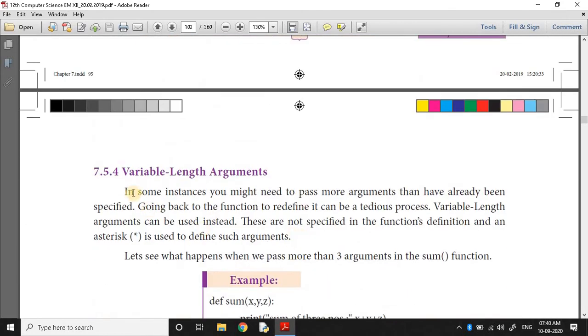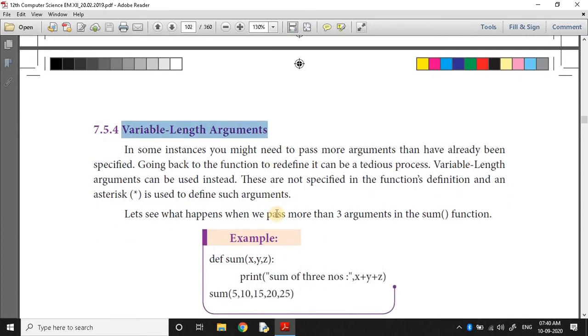Next one, variable length argument. If you define a function with 3 arguments, you must call that function with 3 arguments. If it consists of default arguments, we need not pass a value for the default argument, but the other arguments you have to pass compulsorily.